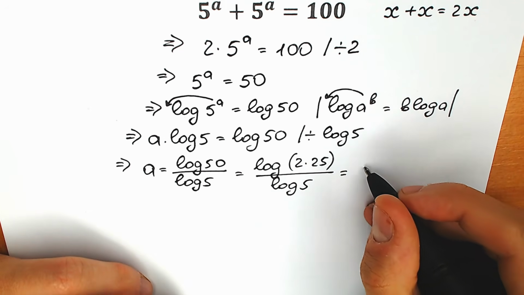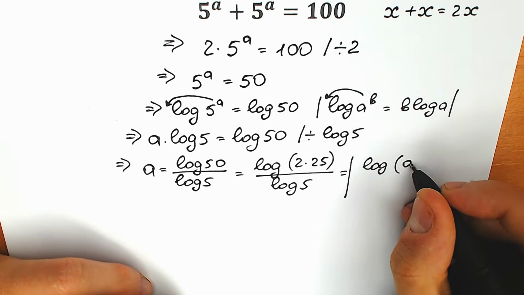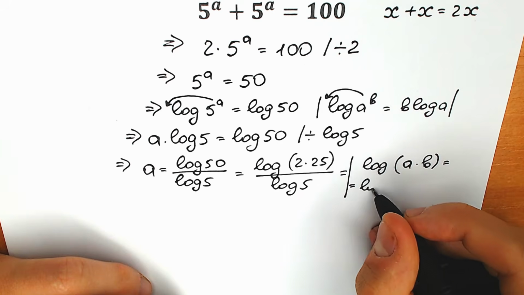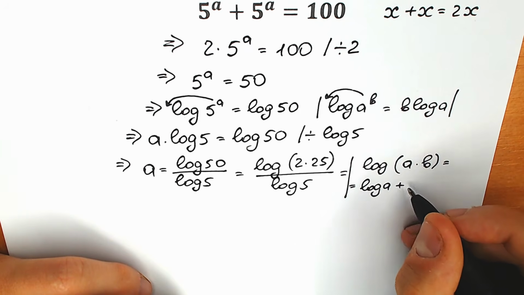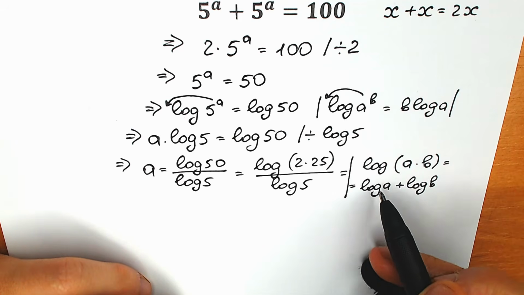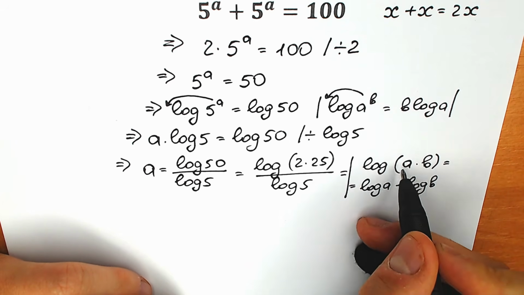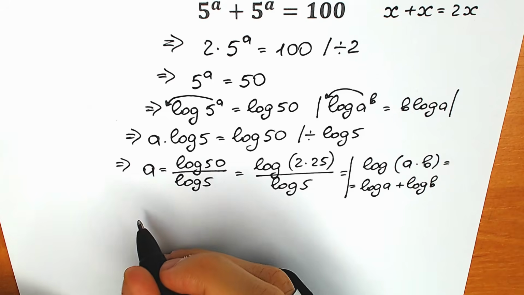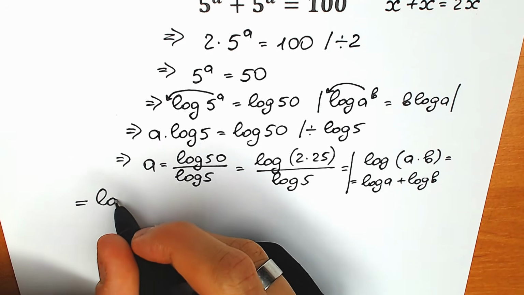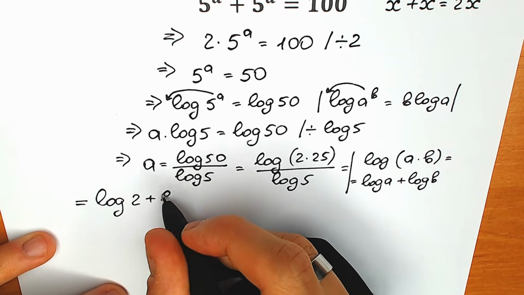Whenever we have a product, for example log of a times b, you can split it in terms of addition. You can write it as log a plus log b. When you have multiplication, you can split it in terms of addition. Division gives us subtraction. So right now, let's do exactly that. We have log 2 plus log 25